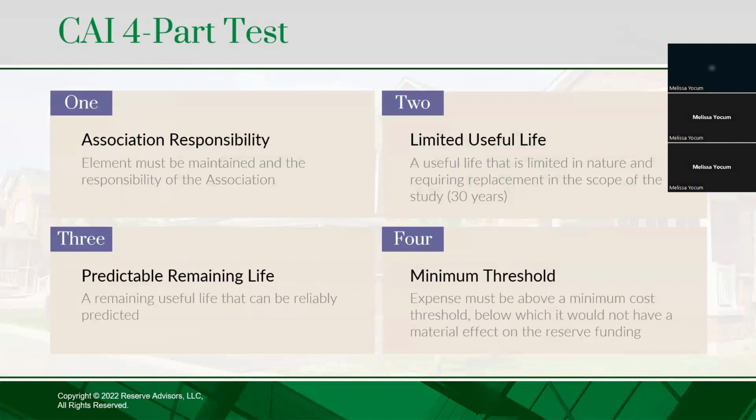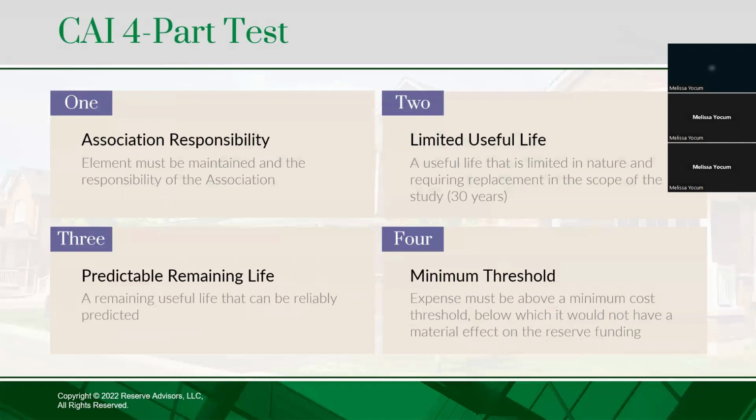We've had associations say, we want to anticipate an insurance claim every 5 years, so please show our deductible as an expense every 5 years. Well, that's not something that we can plan or that we know with certainty will have to be done. And we don't want to underfund reserves. We do want to make sure that you're adequately funded, but we also don't want to overfund reserves. We don't want you funding for things that may or may not happen. So if it's something that we can't readily predict, then it is an exclusion from the reserve study.